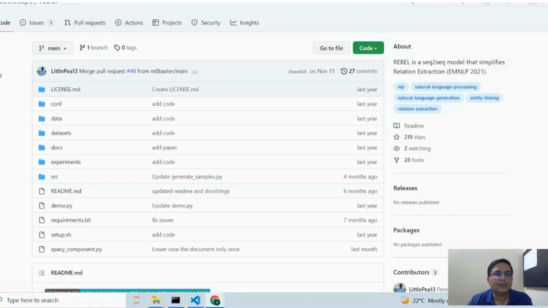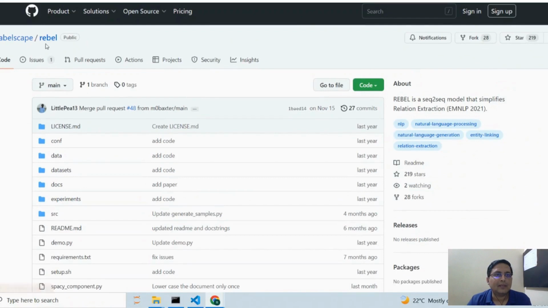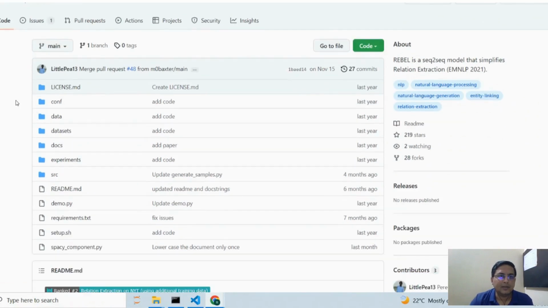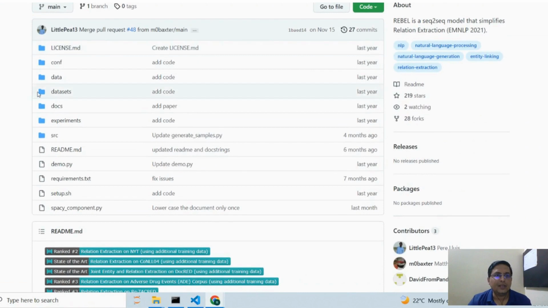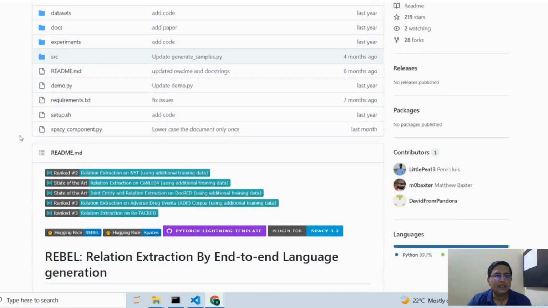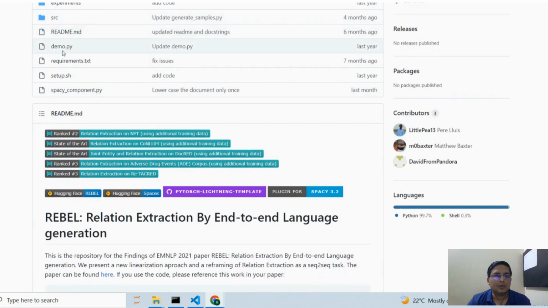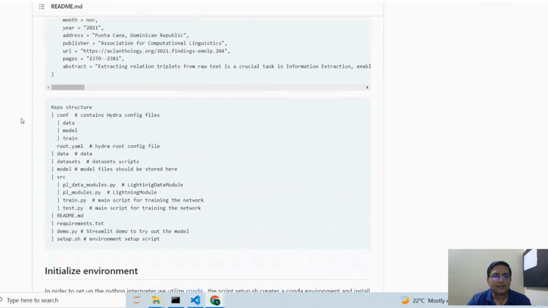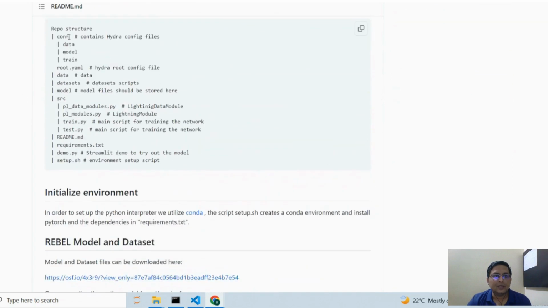Okay, so here we are on the Babelscape REBEL GitHub repo. This is how you will find the different directories: conf, data, datasets, docs, experiments, src, and so on. They also have the code for demo.py. We also have the requirements.txt, setup.sh, and the spacy component.py. Okay, so if we see the repo structure,